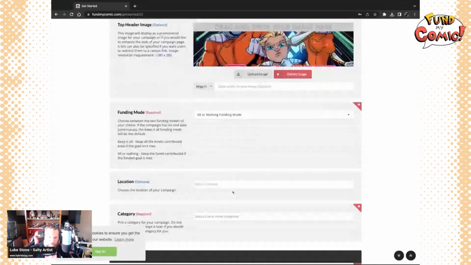The funding mode is required, and we have two that you can start out with. The all or nothing funding mode, or the keep it all funding mode. Right now, the all or nothing, that processes payments at the end. So after the campaign has funded and reached its ending date, all of those payments for the customers are processed right then. And then with the keep it all funding mode,